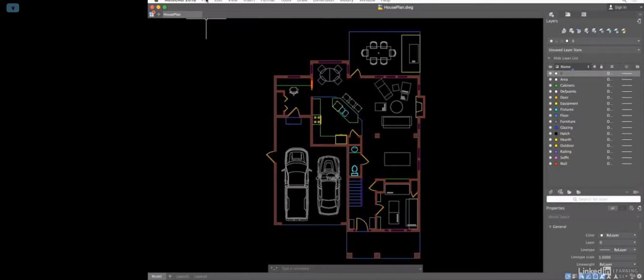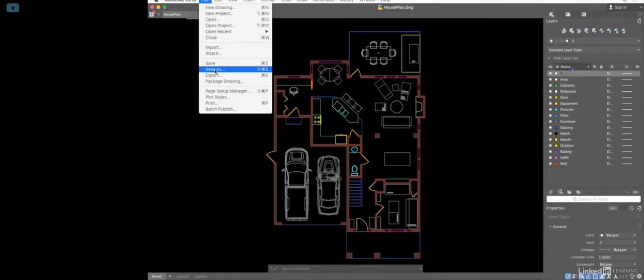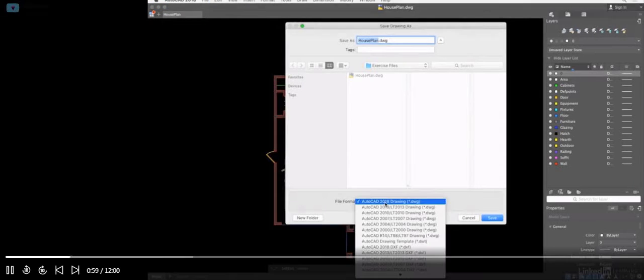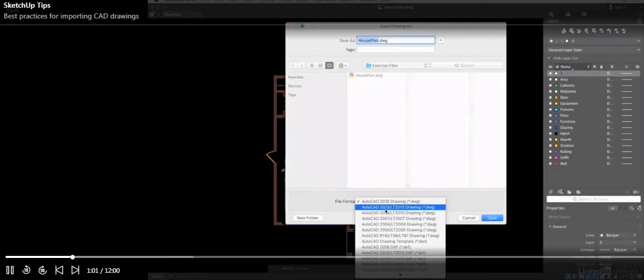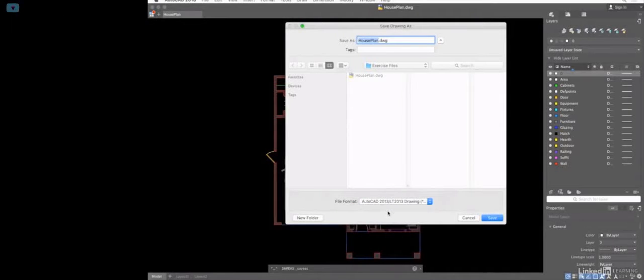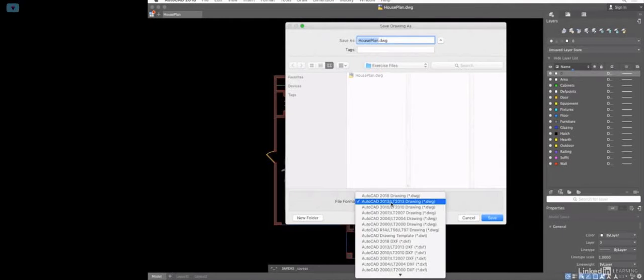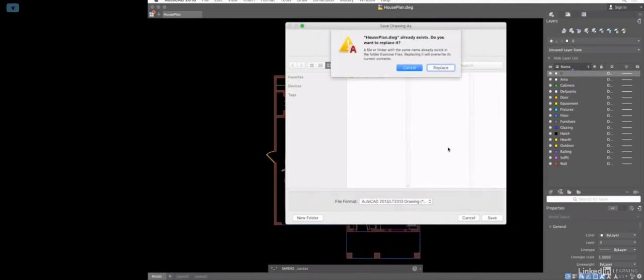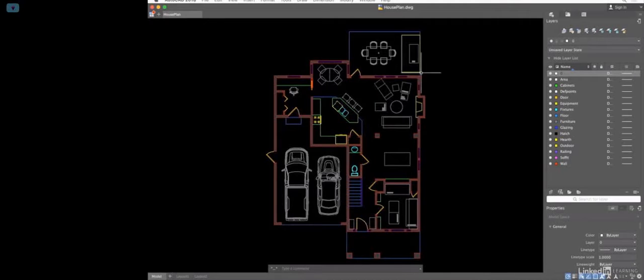I'll go up to the File menu in AutoCAD and Save As, and change the version from 2018 to the previous version, which is 2013. I'm talking about the file format, not the actual application. So the file format came in these different increments. I'll provide you with the AutoCAD 2013 file so that that can be brought directly into SketchUp and you don't